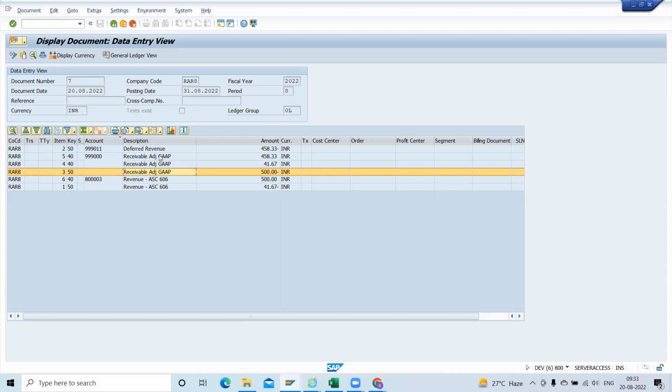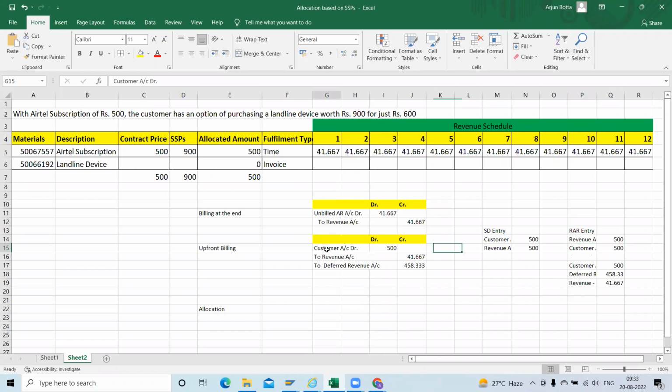So customer account, as we've said, it will be receivable adjustment account, and instead of just generating one entry here, this has done like this: customer account or receivable adjustment account data to revenue account